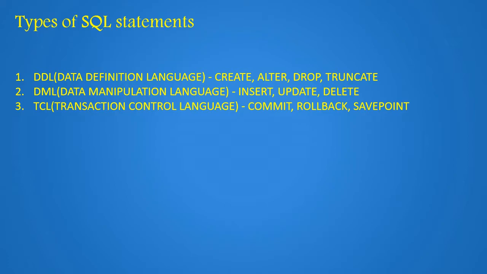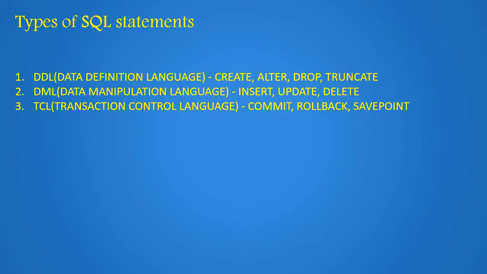Rollback command. This command restores the database to last committed state. It is also used with save point to jump to save point in an ongoing transaction. If we have used the update command to make some changes into the database and realize that those changes were not required, then we can use the rollback command.